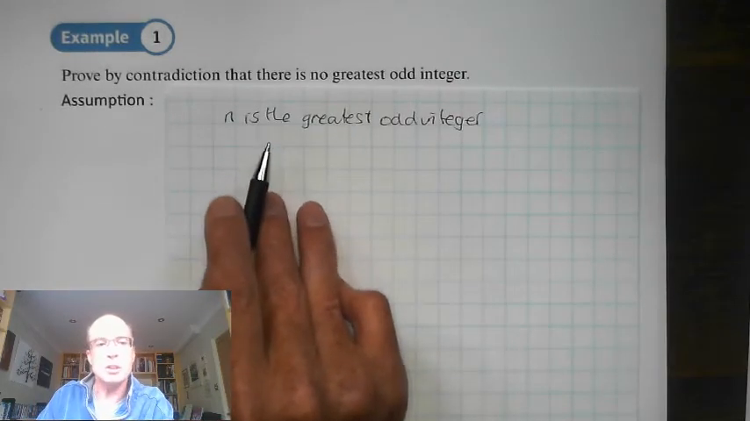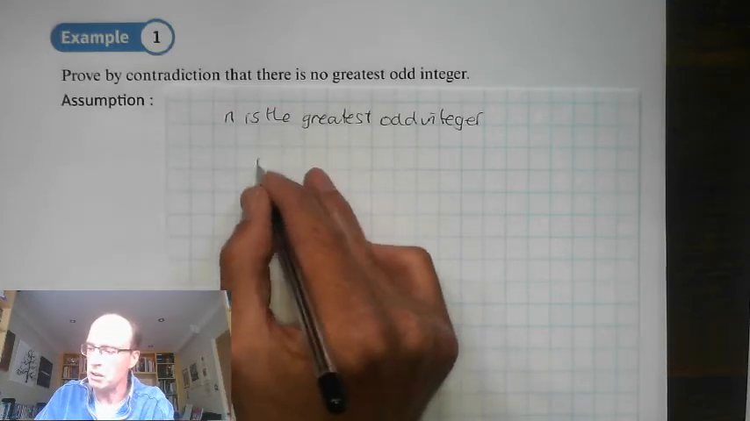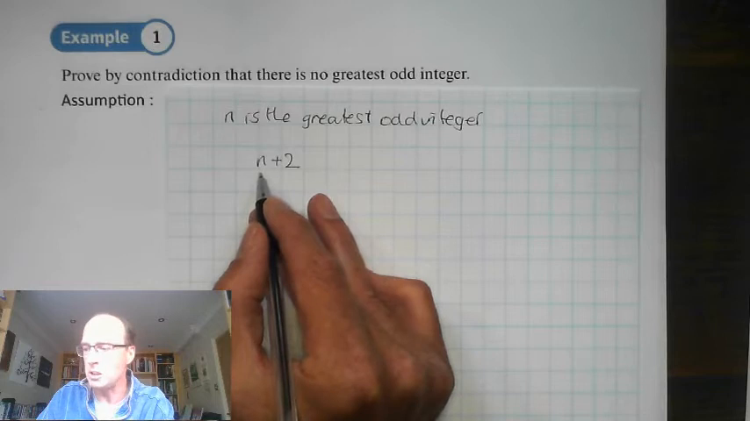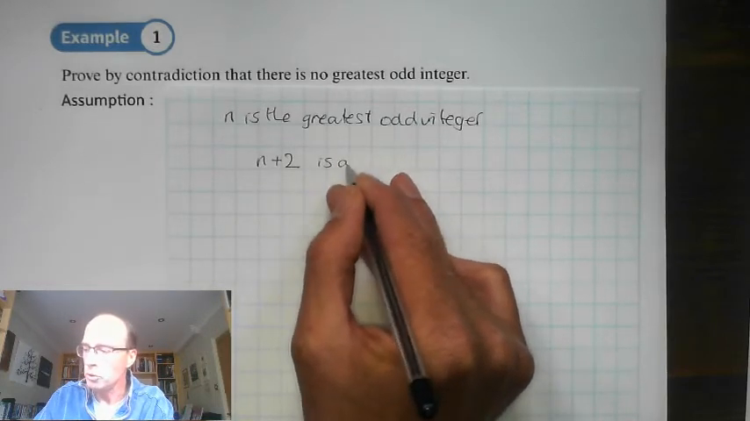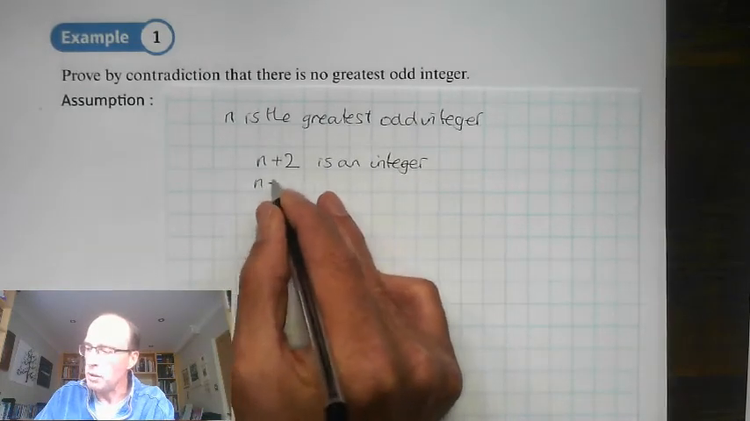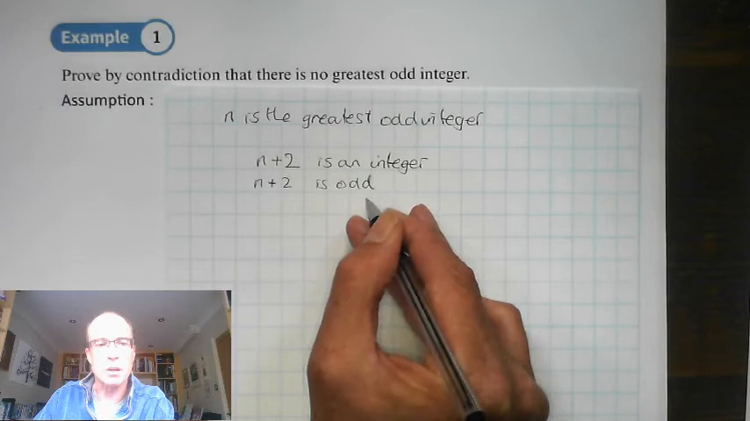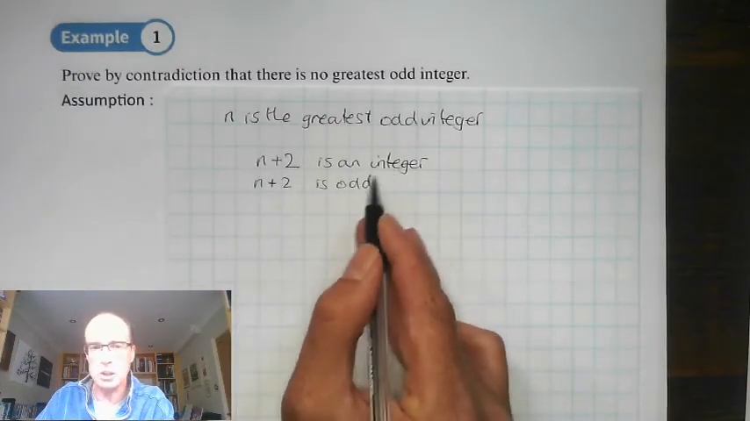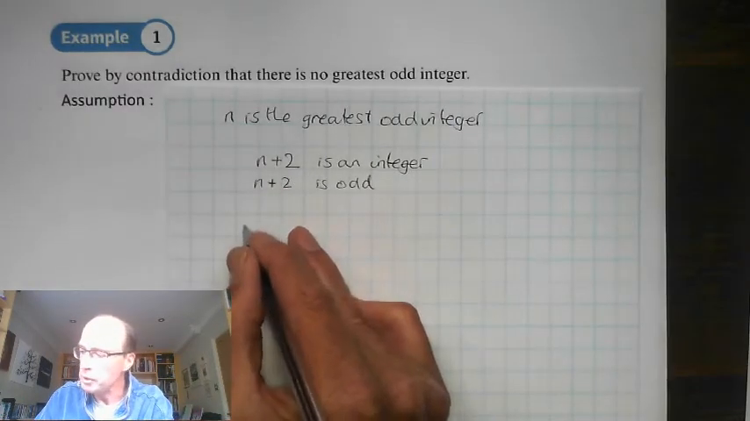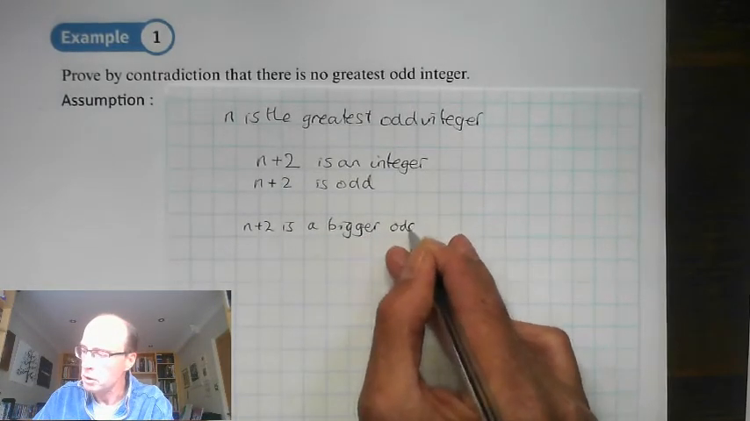Okay, well, we know our odd integers go up in 2s. So if we're starting with n, let's consider n plus 2. So n plus 2, I'm starting at n, an integer, and I add 2. It's also going to be an integer. I also know that if I start with an odd number and I add 2, an even number, I'm going to end up with another odd number. So n plus 2, it's an integer and it's odd, so it's an odd integer and it's bigger than n, 2 bigger than n. So n plus 2 is a bigger odd integer